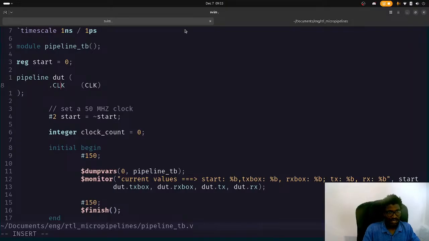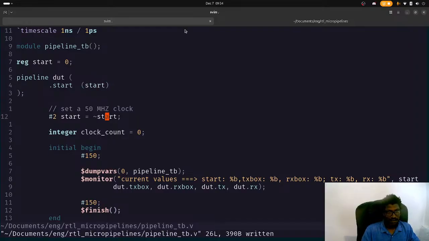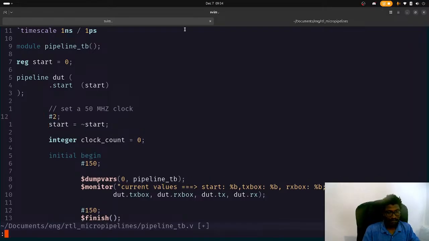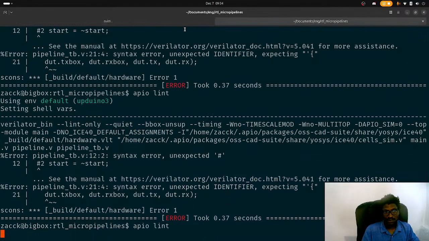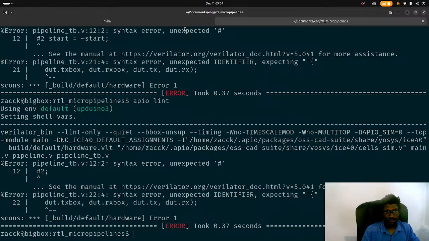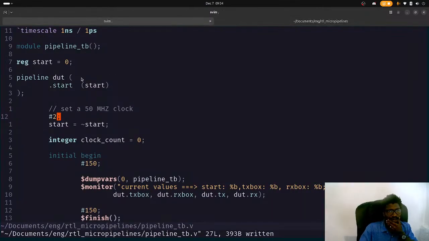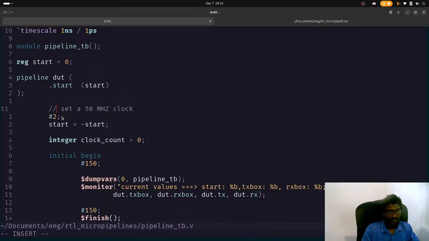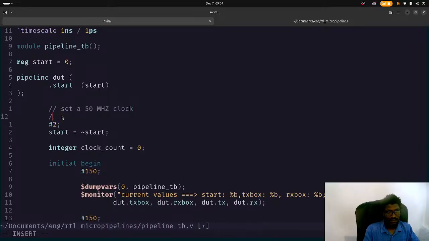So this is going to be start and, what is it? Start here. And what? So you want? Do you want me to go like, is that what you want me to do? No, but that's a delay. Why isn't that? I mean, we can do initial begin